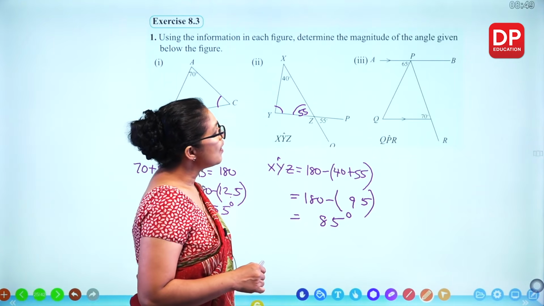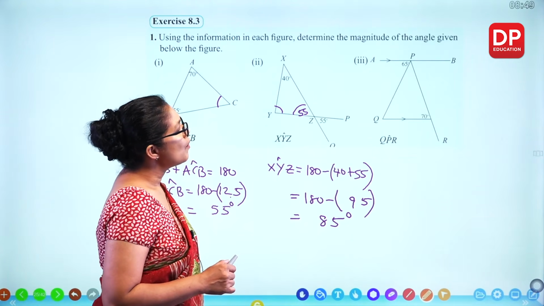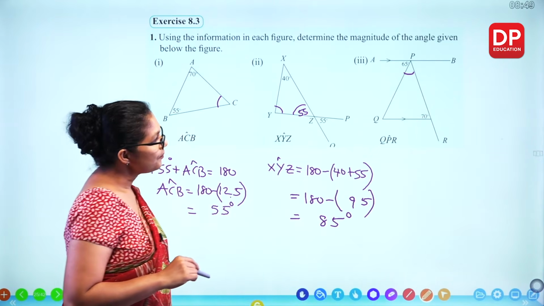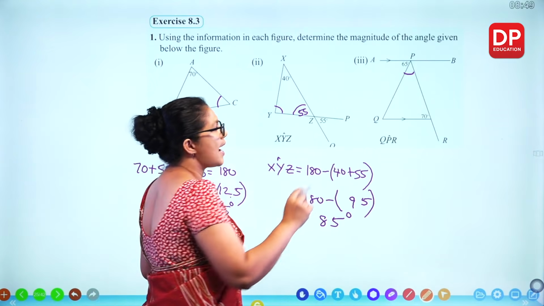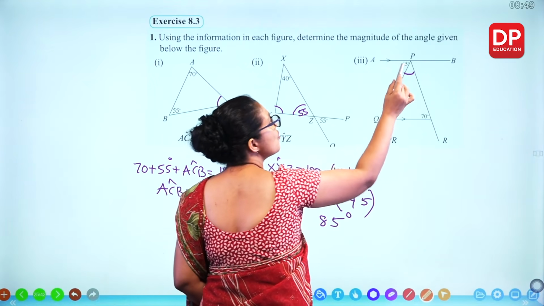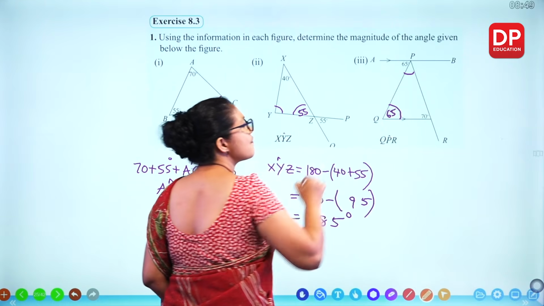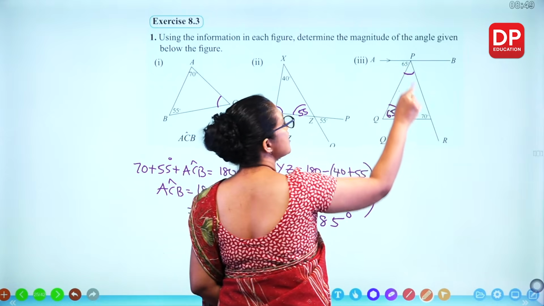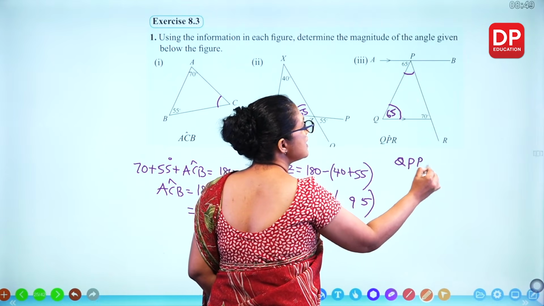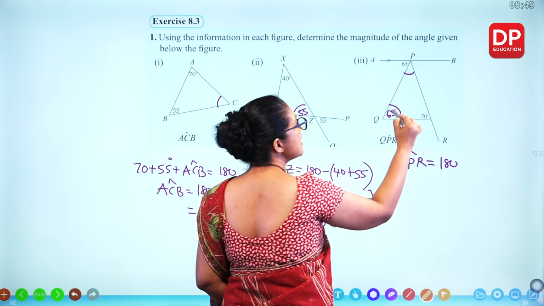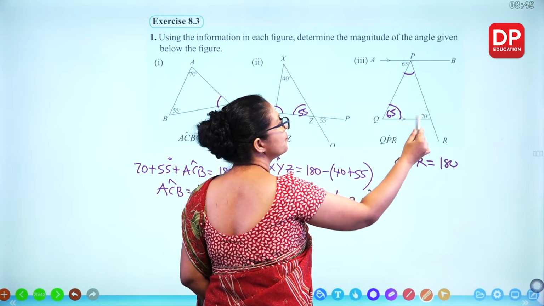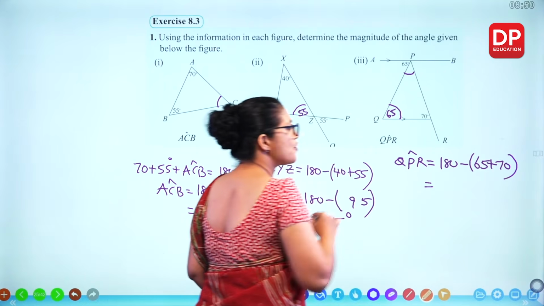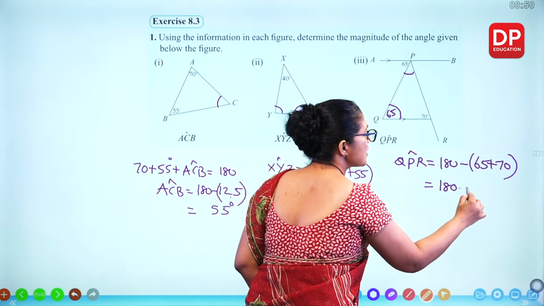Now look at the third one, QPR. QPR. That means we want this angle. So according to this diagram, these two lines are parallel. So if this is 65, this is 65. That's alternate angles. Now we can write QPR angle is 180 minus these two, 65 and 70. So when you subtract these two, you get,